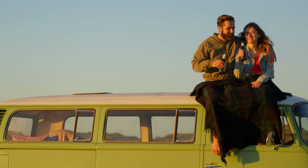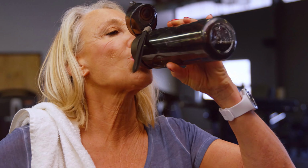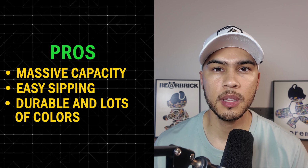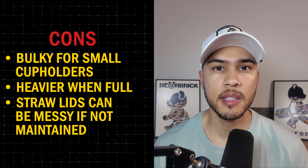This is for people who want volume: commuters, road trippers, gym folks, and parents who need hydration without constant refills. This is not for minimalists who prefer a slim bottle for a bike cage or tiny cup holder, or people who want a cup that fits into every tiny compact holder. The pros: massive capacity, easy sipping, durable, and lots of colors. The cons, you ask: bulky for small cup holders, heavier when full, and straw lids can be messy if not